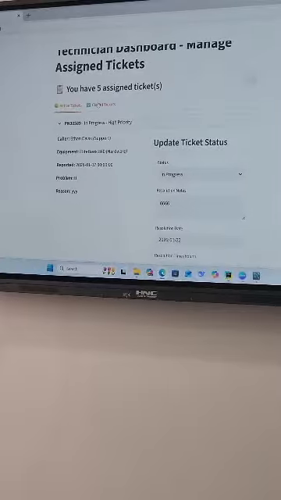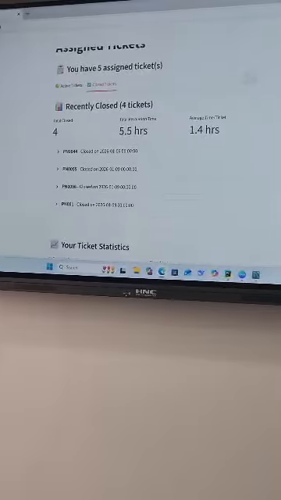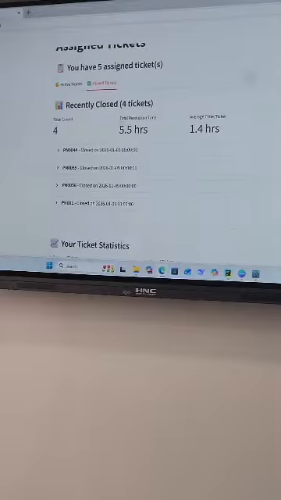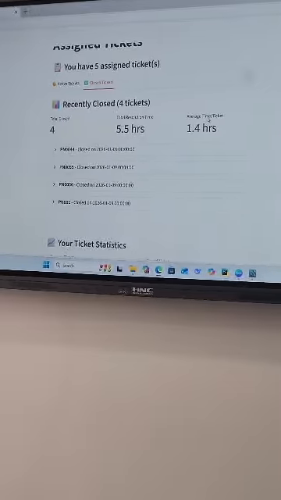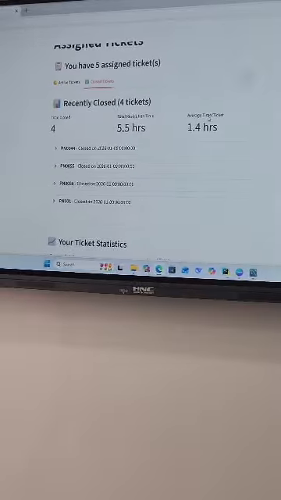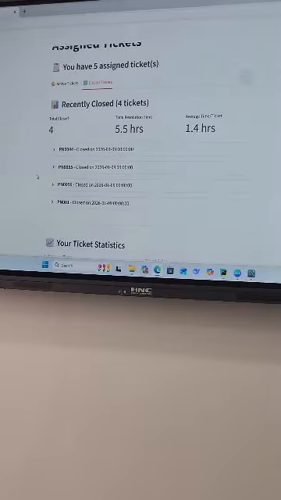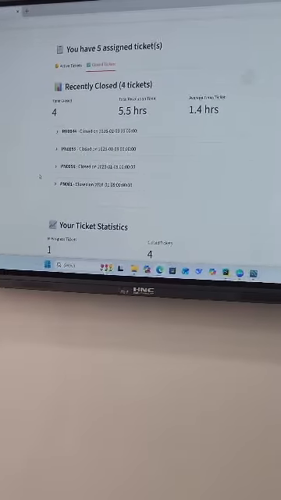If I go and check the closed tickets, I will see that the total closed tickets is 4, total resolution time is 4 hours and a half, and the average time per ticket for this technician is 1.4 hours. It's also saying when he closed each ticket with the